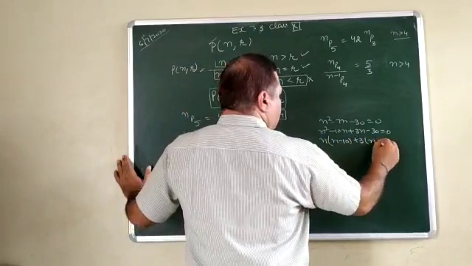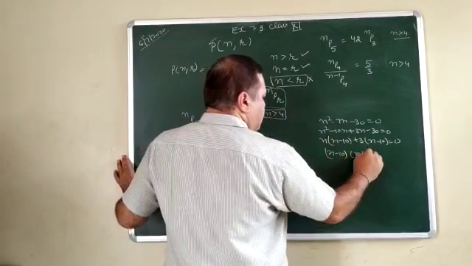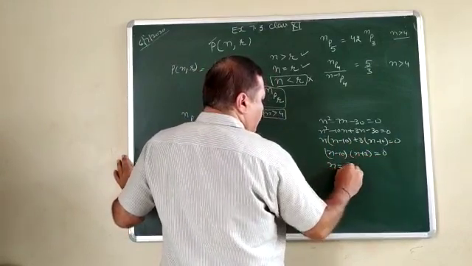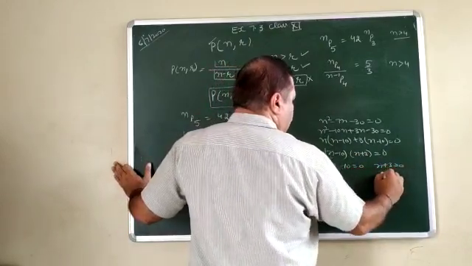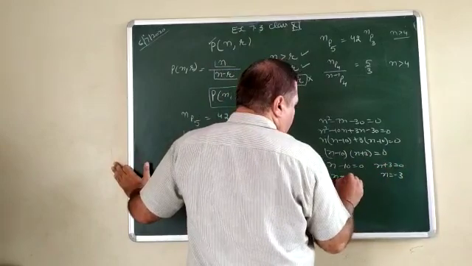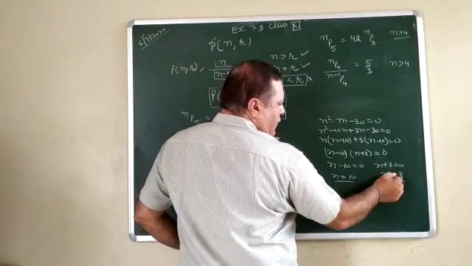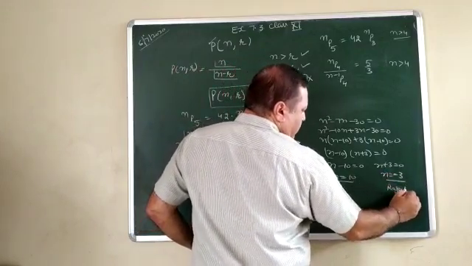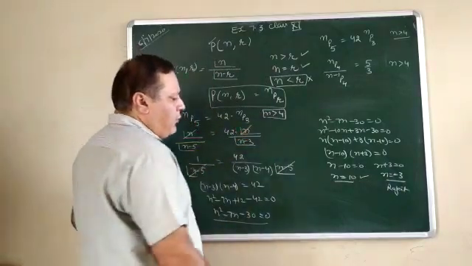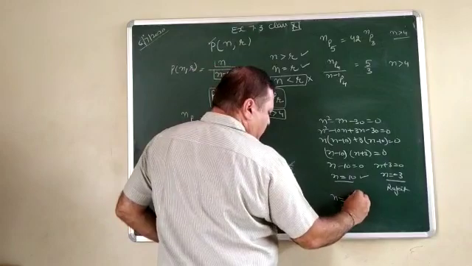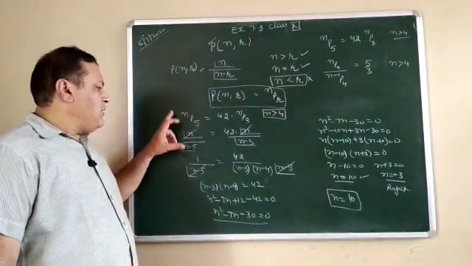Now see, it is n minus 10, it is n plus 3 equals to 0. Therefore n minus 10 equals 0, n plus 3 equals 0. n is equal to minus 3, n is equal to 10. n can never be negative, therefore it should be rejected. And n is equal to 10, it also satisfies the condition n greater than 4, therefore our answer is n equals 10. So it is a way to open a permutation and how to simplify.